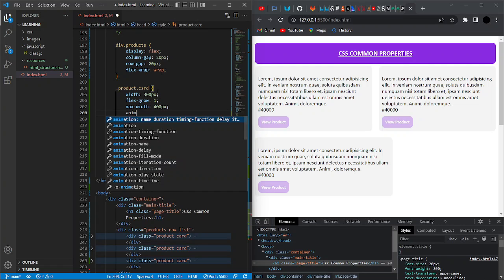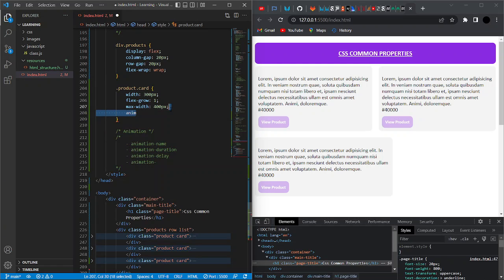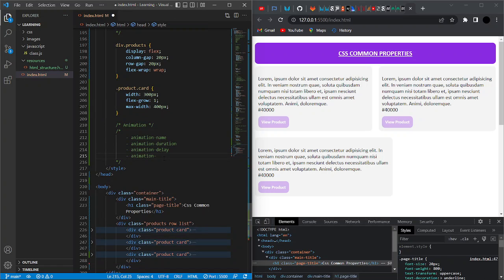So I'm just going to do this. We have animation iteration count,